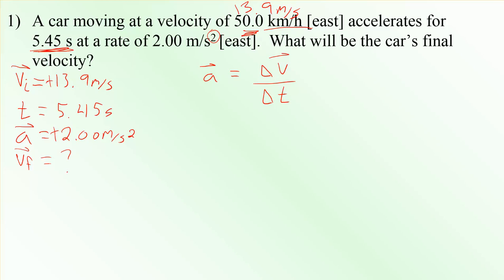So what it's really saying there is acceleration is equal to my final velocity minus my initial velocity. That is change in velocity. And that's over change in time. I'm not going to get too worried about that because it says accelerates for 5.4 seconds. We're just going to say that that's our final velocity and our initial is 0. So really, it's just going to be over time, which is,